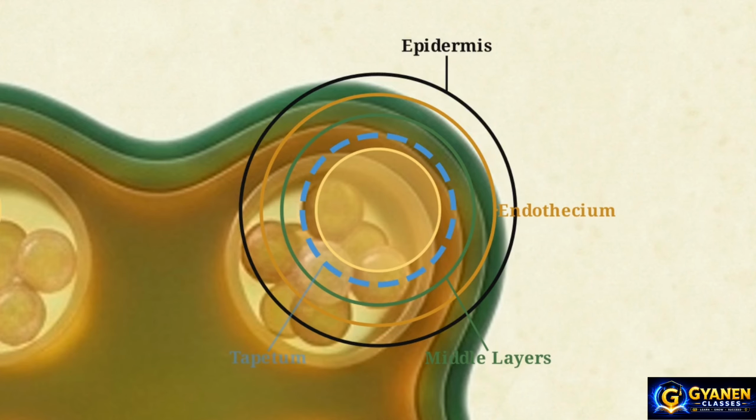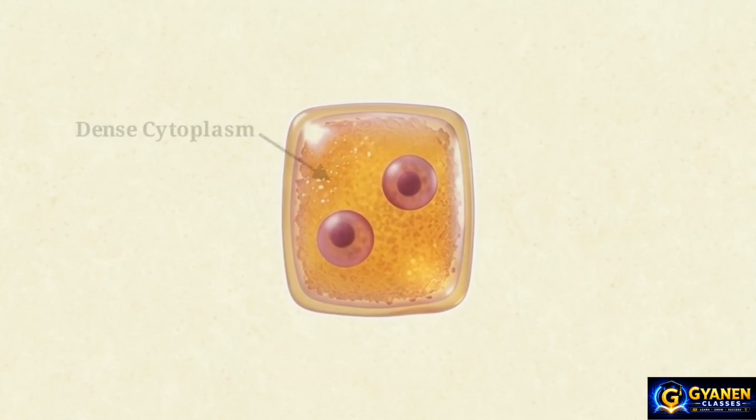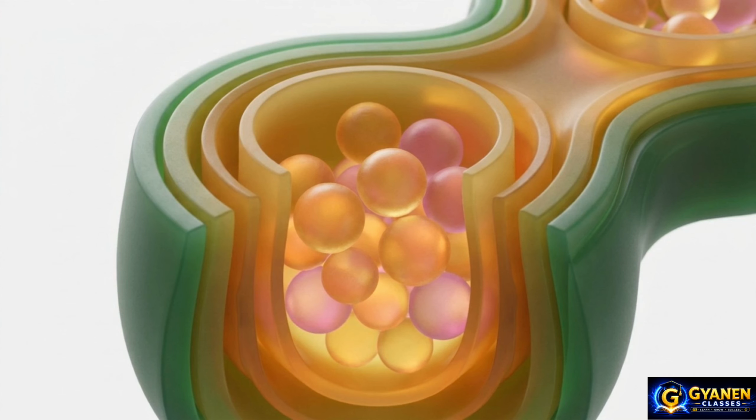Moving deeper, we reach the innermost wall layer, the tapetum. The tapetum is responsible for nourishing the developing pollen grains. Its cells are highly active, characterized by dense cytoplasm and typically more than one nucleus. These concentric layers exist entirely to protect and fuel the highly sensitive reproductive tissue packed tightly at the very center